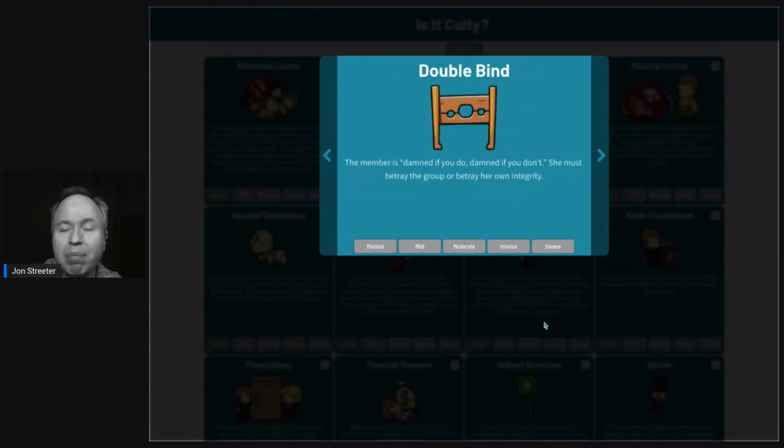Double bind. A member is damned if you do, damned if you don't. They must betray the group or betray their own integrity. This is a complex thing that happens where the group may give you an impossible decision. You have to obey the tenets of the group, but you have your own free will, but you can't do this or that. It's like